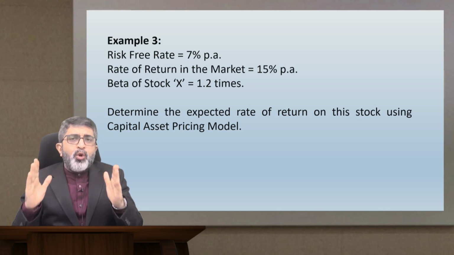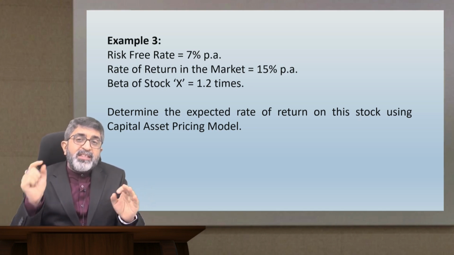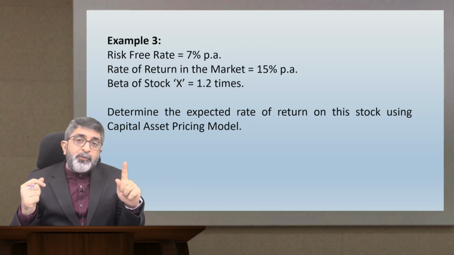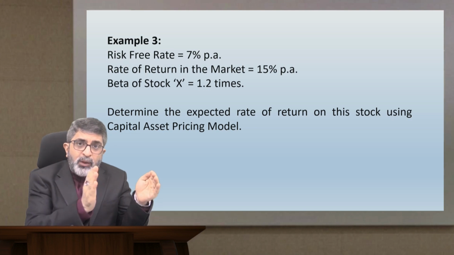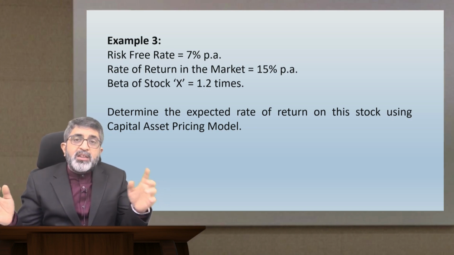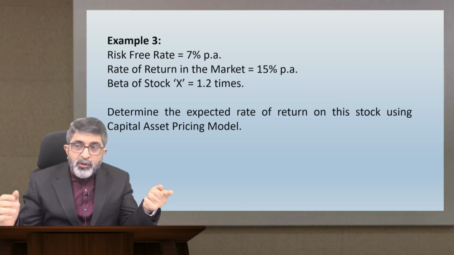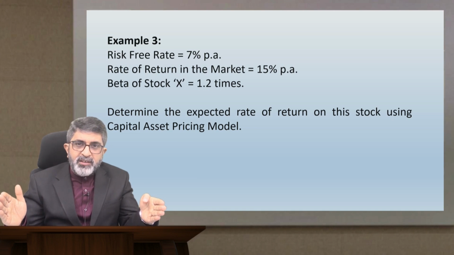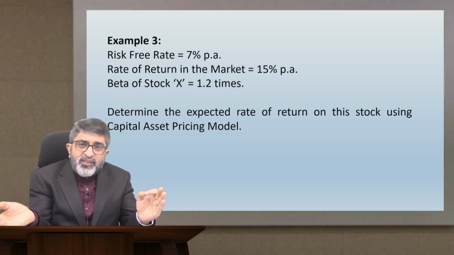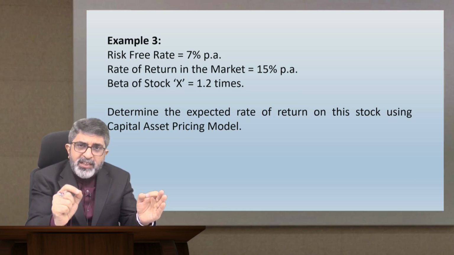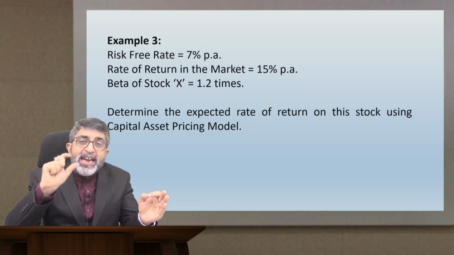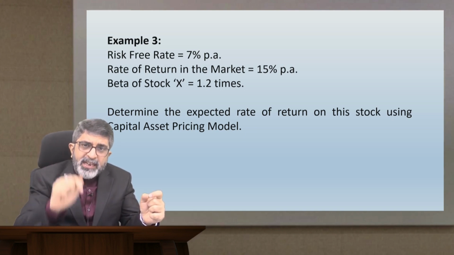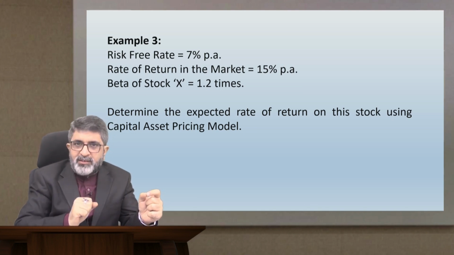See, if you don't want to take any risk, then the risk-free rate that you will earn is just 7%. But if you are ready to take the risk, which is equivalent to the risk of the stock market, then you will earn 15% returns. Without risk, 7%, with risk, 15%. As a result, how much extra return are you earning because of taking the risk? That is an extra 8%. That is called the premium. That premium you will be getting only and only if you are taking risk. However,